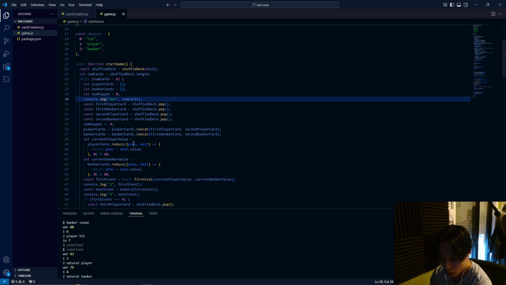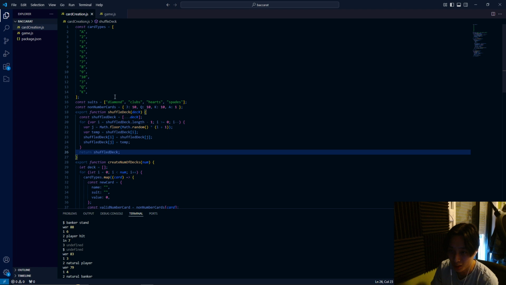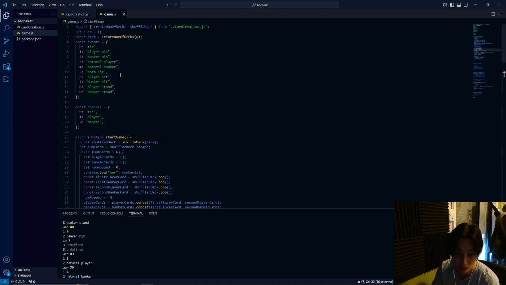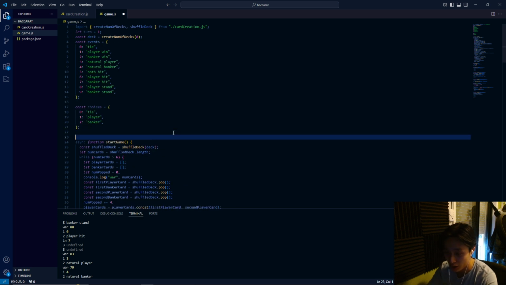So go to our console logs, number 1. So the first event is 6. Now it is kind of confusing that I've made the event numbers as well, because we are also dealing with card values and card numbers. So it is the exact same system, which is not great, but if you guys bear with me here, we'll just write down issues. So play a hit,